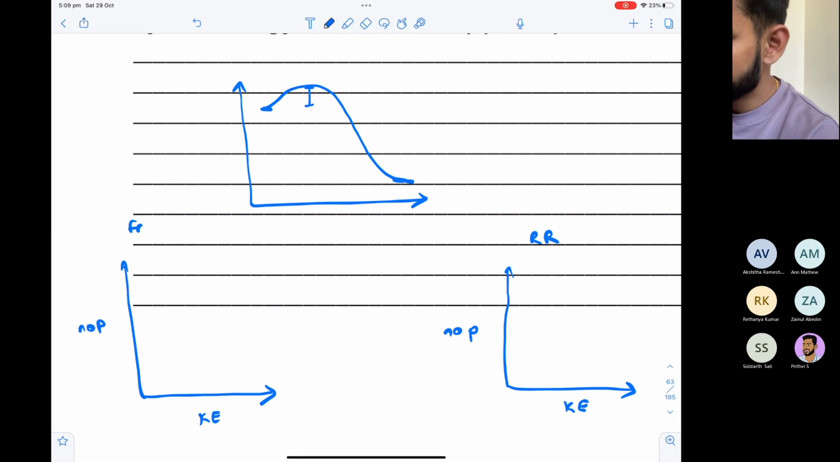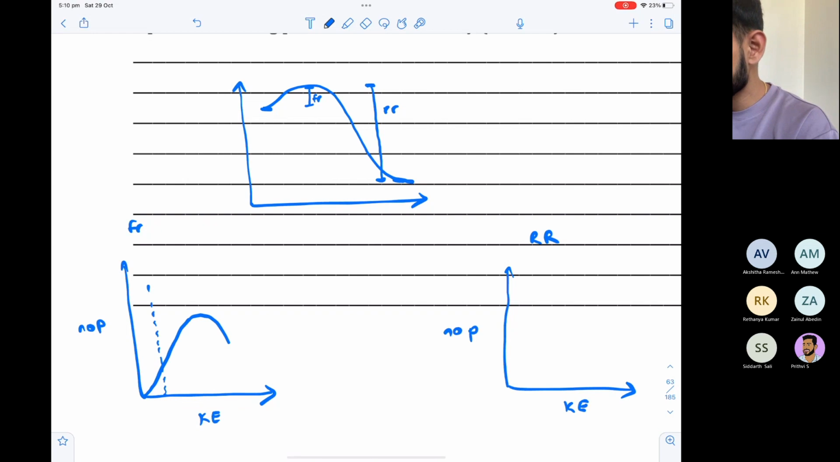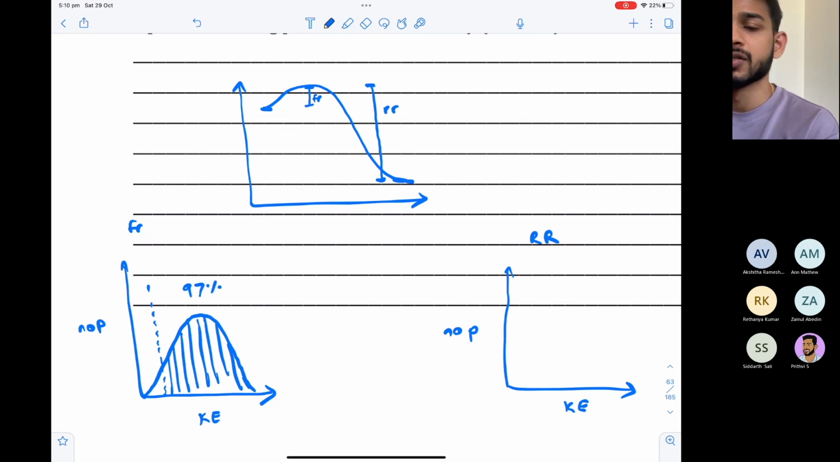So the activation energy for the forward reaction is here. The activation energy for the reverse reaction, all you have to do is go from the products to the activation energy. So activation energy for the reverse reaction is much, much greater. Does that make sense? So if I was to draw graph number 1, the activation energy would be, let's say here. And if I was to draw that curve of number of particles and their collective energies, so what you can see is, if I was to shade the area under the curve, already 97% of particles will engage in a successful collision,